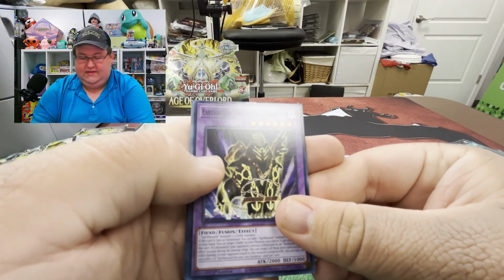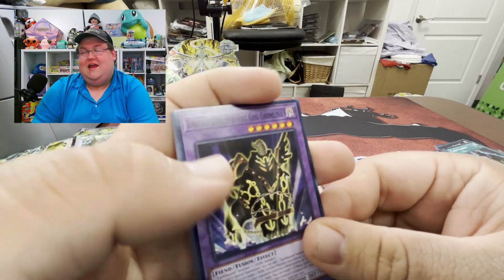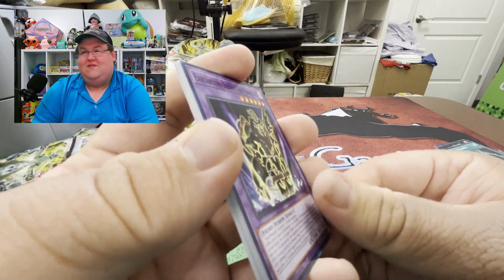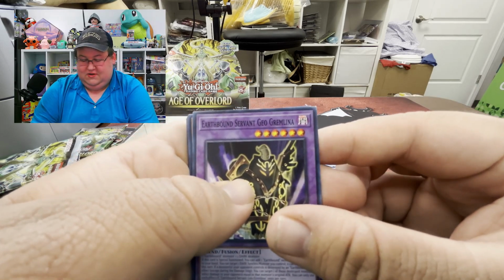Next pack here, still no secret rare, still no quarter century rare. Hoping for either of those here would be crazy. There are some absolutely crazy ones. The SP Little Knight quarter century rare is anywhere from $300, $350 and up, so that would be a huge hit. We have Earthbound Servant Geo Gremlina,